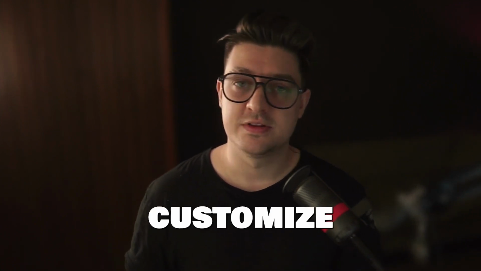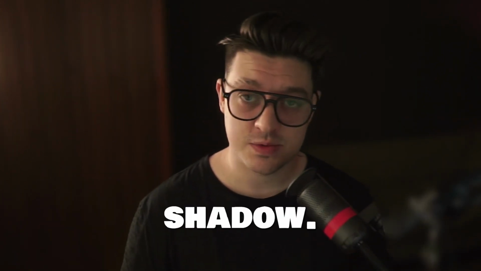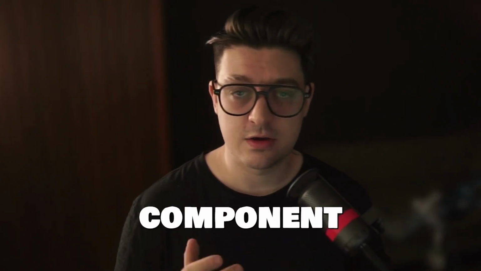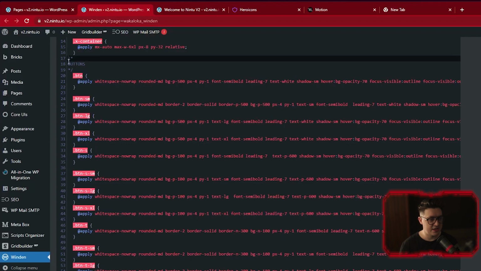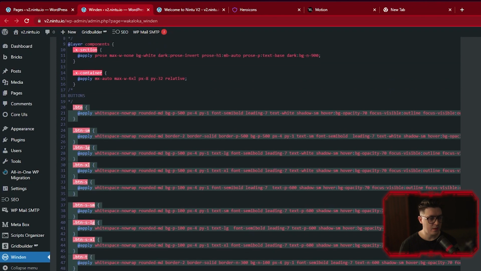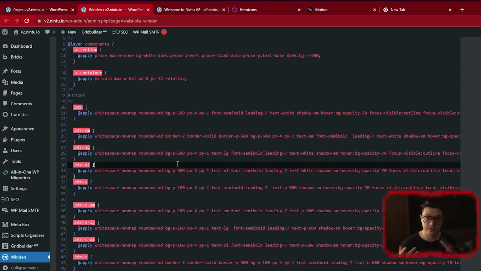Now, what happens if you wanted to customize all of the buttons on your website, change, let's say, the border radius, or the amount or the color of the border or the drop shadow? We can do this by editing the component over in our Winden settings. So when you do that, jump over to your Winden config tab and you'll see a section here, buttons. And within this section, you'll have each of our different buttons and the different utility classes that are applied to each of the buttons. So if I just wanted to modify all of my base primary buttons and I wanted to change the color from, say, primary 500 to a green, I could do